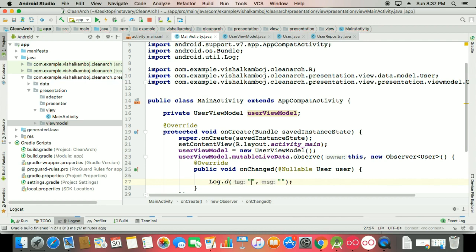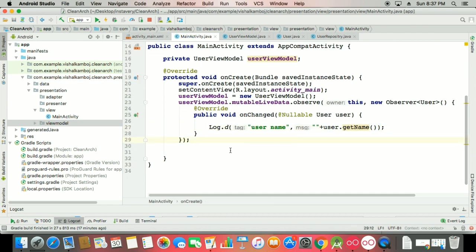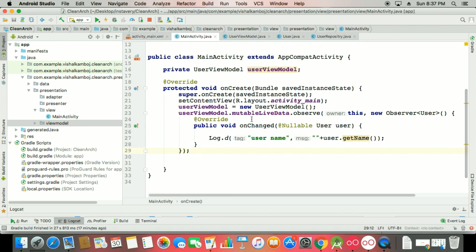First check whether it's working or not. So that's your user name, and here you can say this is your user dot get name, accessing it through the view model, because our particular activity or view works with our user view model, and that user view model works with our particular user repository. So everything should be in form.